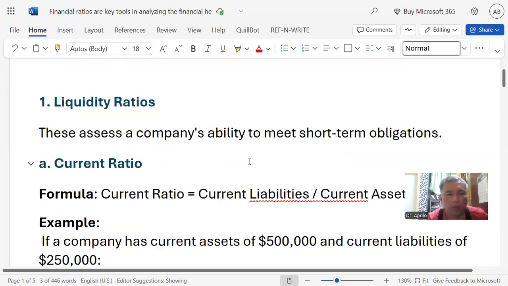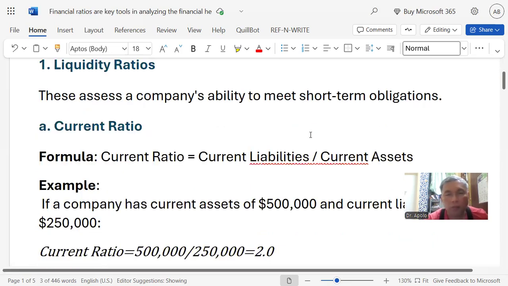So we have the financial ratio. Number one is liquidity ratio. When you say liquidity ratio, that means the company has money, is capable of financing or giving salary. Liquidity ratio assesses company's ability to meet short-term obligations. That means the payment for the salary, supplies like that, in order to circulate the business, to operate.